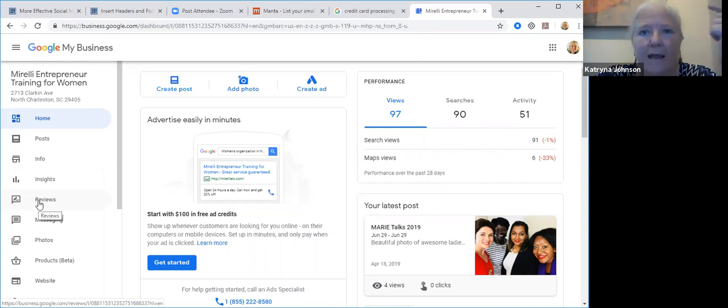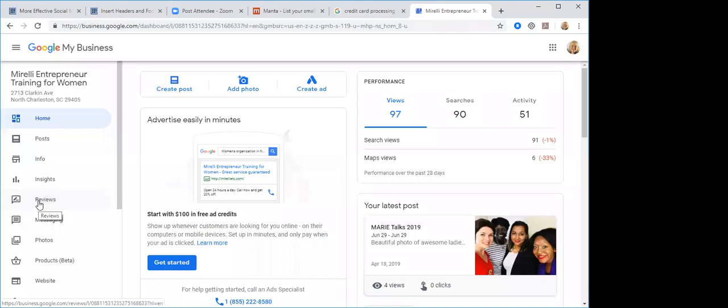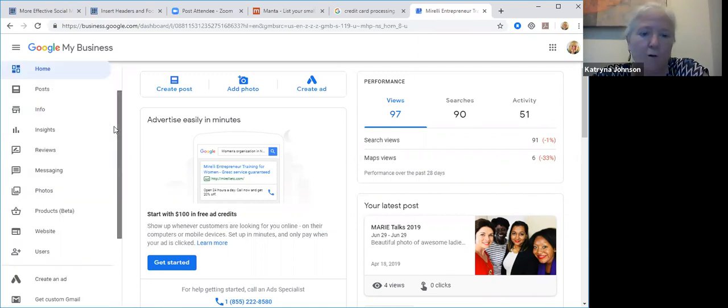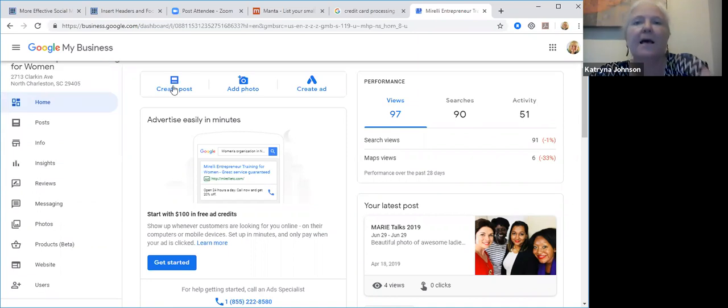Because they rank, they sort people in Google Maps by the number of reviews they have on Google. Okay, so for Google My Business, you definitely want to create an account, and you definitely want to occasionally post things. And what I was doing, I haven't done it as much lately, and I need to, but